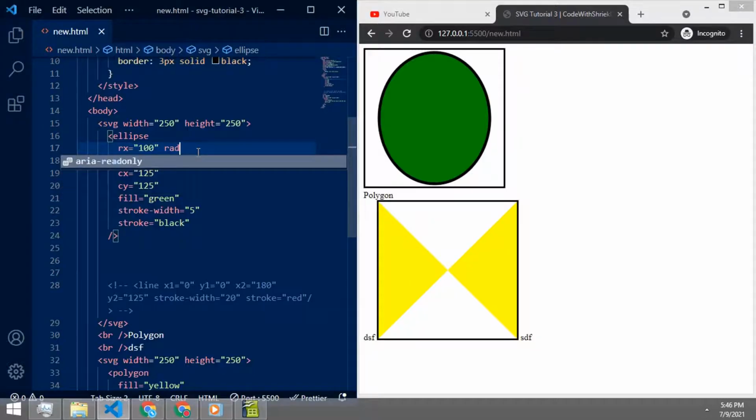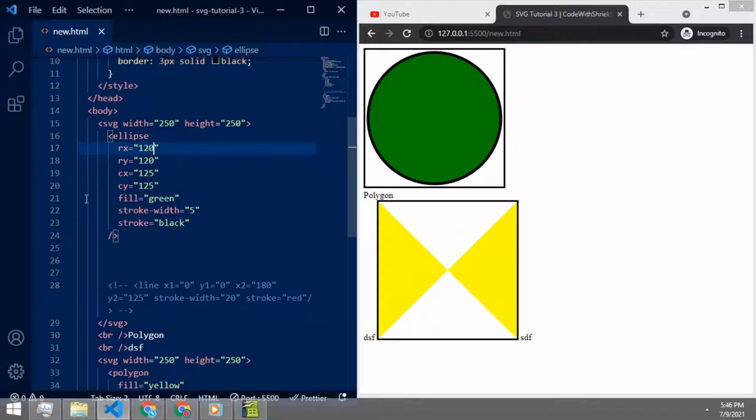I'm just gonna write some letters so you can repeat by yourself also. Like rx is used for the radius of the x-axis, and ry is used for the radius of the y-axis. Obviously, its shortcut is like that. You can create easily.